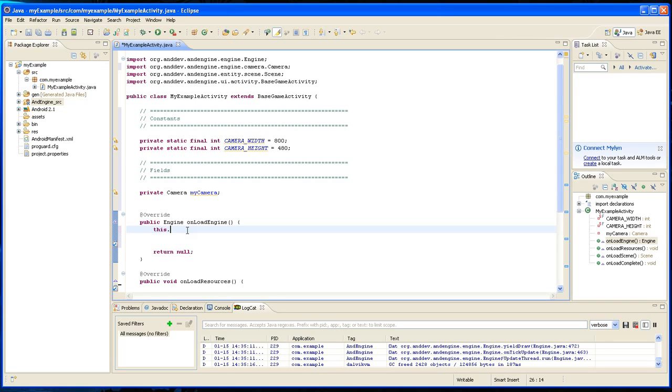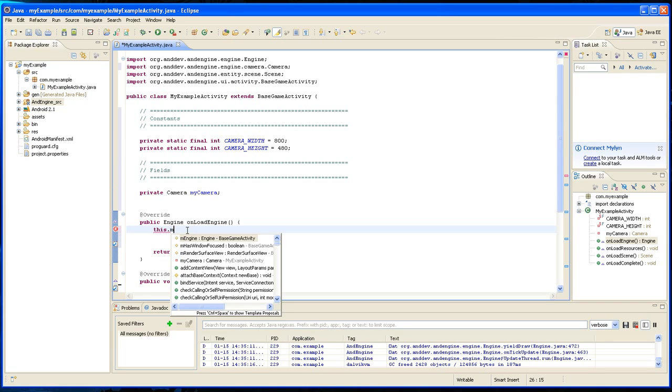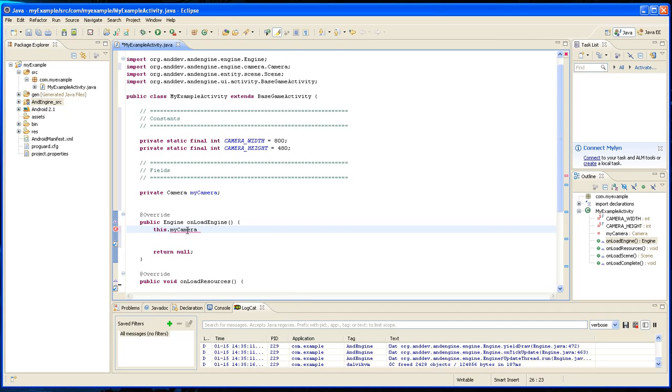So I'm gonna type this dot my camera equals new camera, and